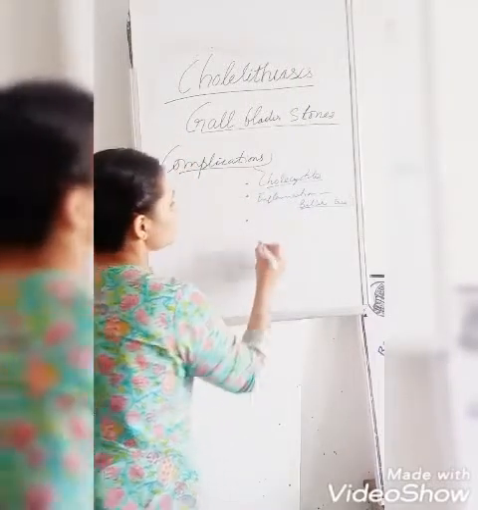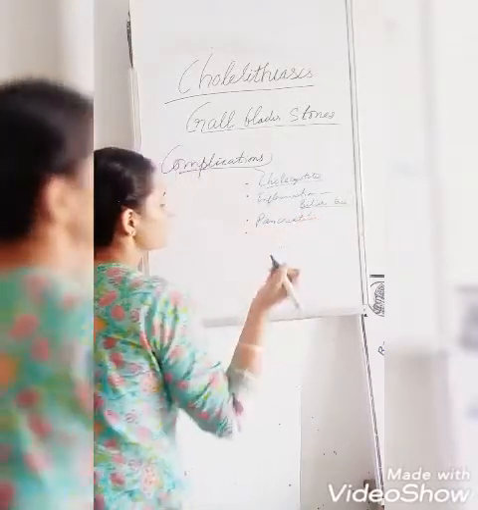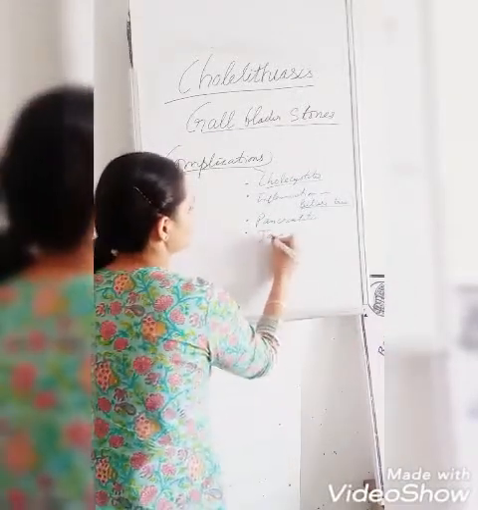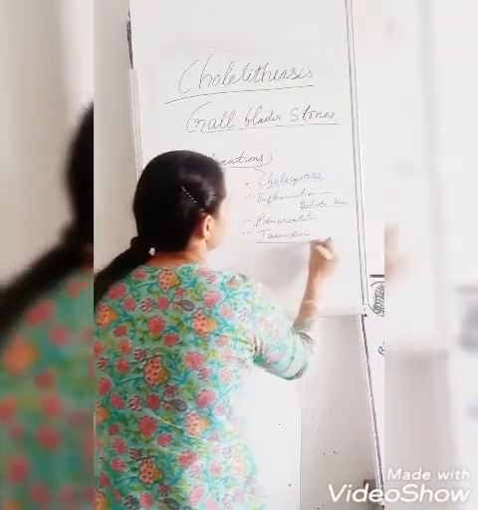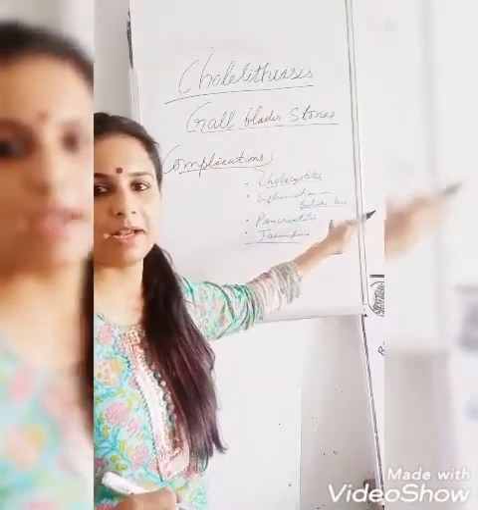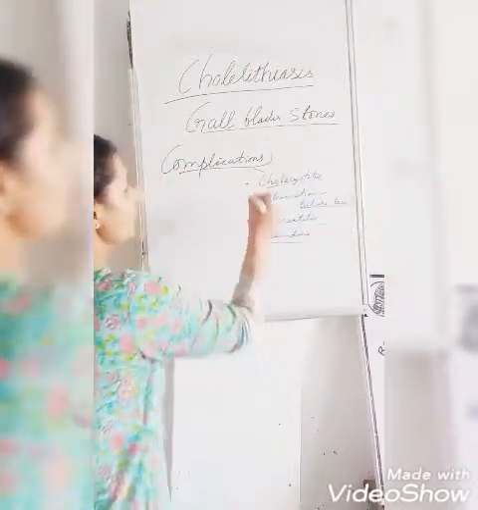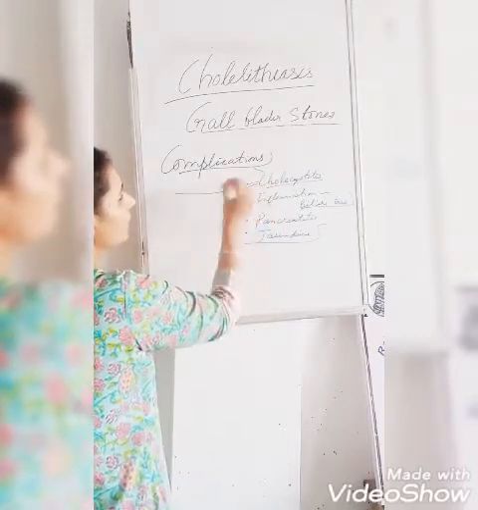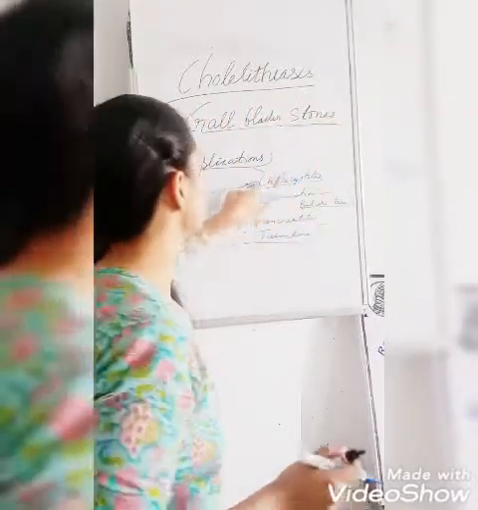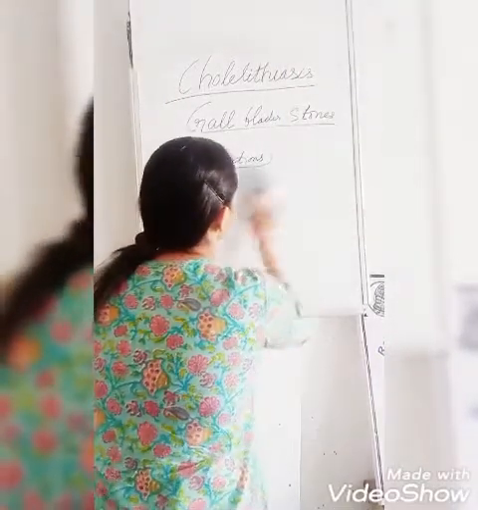This will cause inflammation of the pancreas, so pancreatitis. Because this will obstruct the flow and cause pressure on the liver, so jaundice. So these are the complications: pancreatitis, jaundice, and inflammation of the bile duct or cystic duct, or the inflammation of the gallbladder, that is cholecystitis. Now this cholecystitis can be calculous and acalculous, but here we are discussing cholelithiasis, the gallstones. So I will discuss here the calculous cholecystitis.